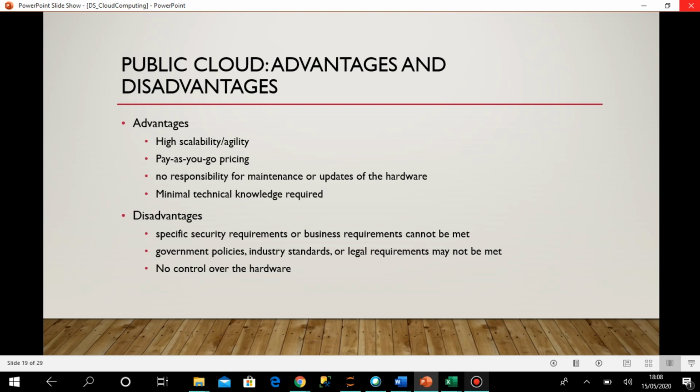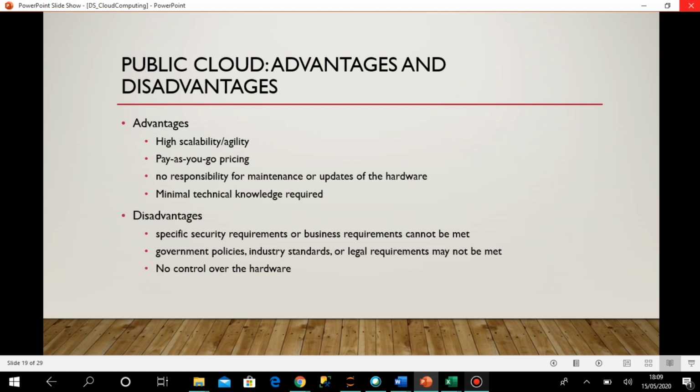So what are the advantages? The advantage is that it is highly scalable. As I don't have to maintain any hardware, suppose I need more memory or more CPU, based on our application performance or requirements. When I am working in a public cloud, I need not bother about it. If I just pay for it, I can go for scalability, which is very smooth in the case of public cloud.